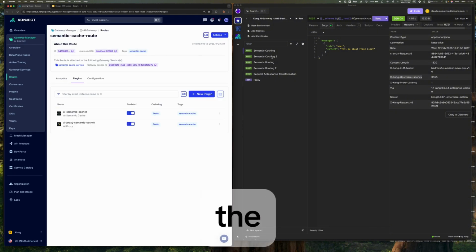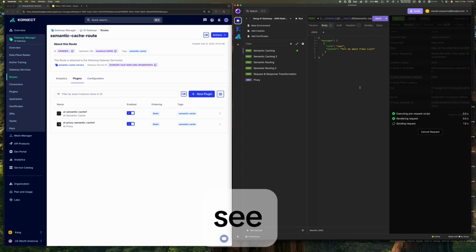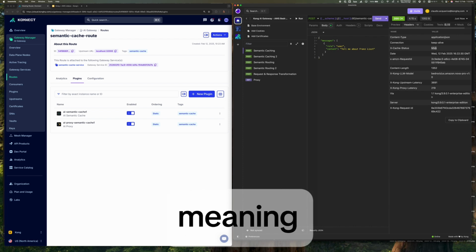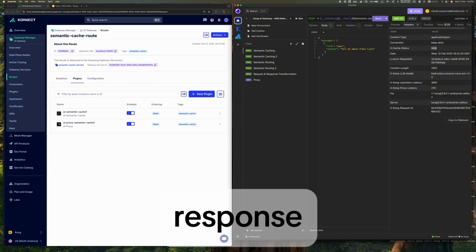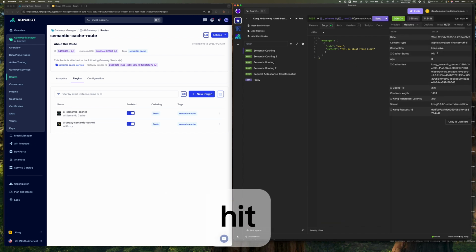Sending the same request to the AI gateway this time, we're going to see specific new headers there. As you can see, there's a new X-Cache-Status header with a miss value, meaning that the gateway was unable to find anything available in the vector database to satisfy the request. And then it had to go to Bedrock to get a response. However, if you send the same request to the AI gateway, this time we're going to get a hit,